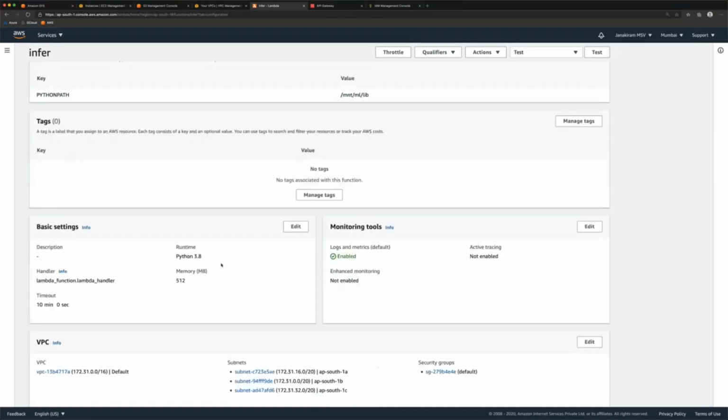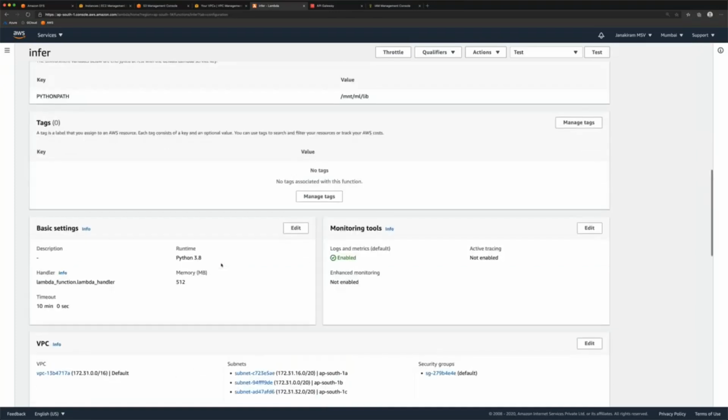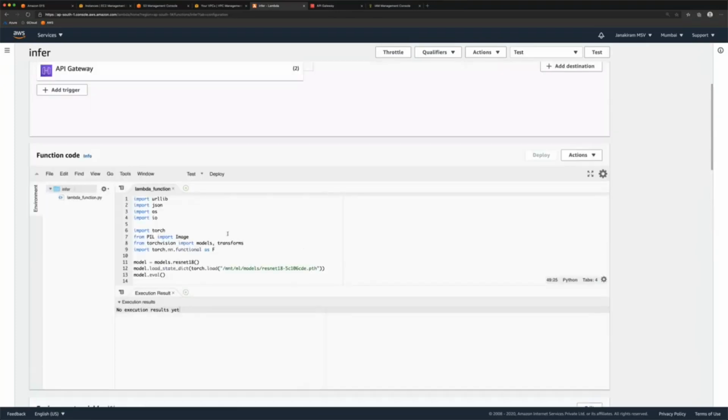Third thing that I really struggled with was the fact that Lambda couldn't make an outbound internet call. That's because, remember, Lambda is running in the context of a VPC, and the subnet on which this Lambda function is running didn't have a NAT gateway or a mechanism to make outbound calls.